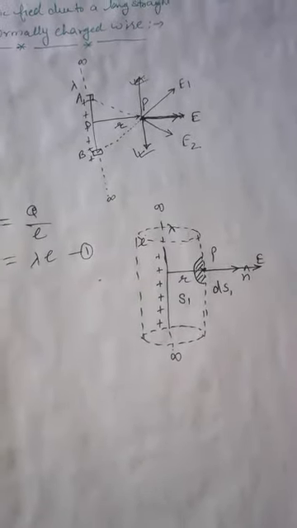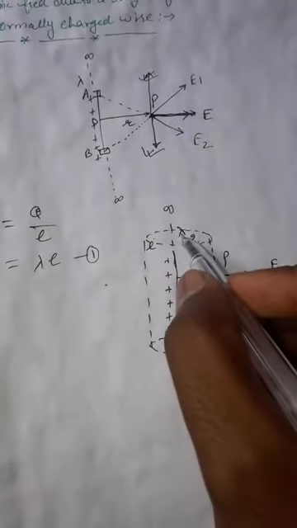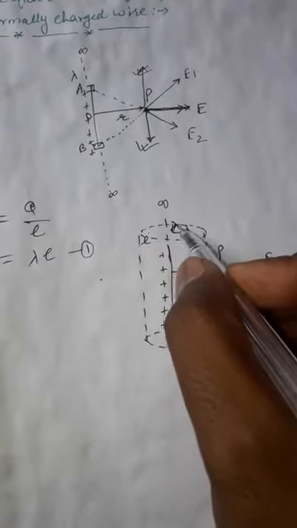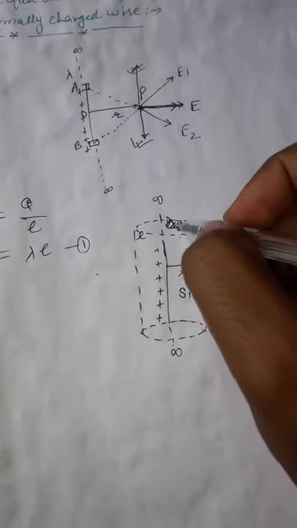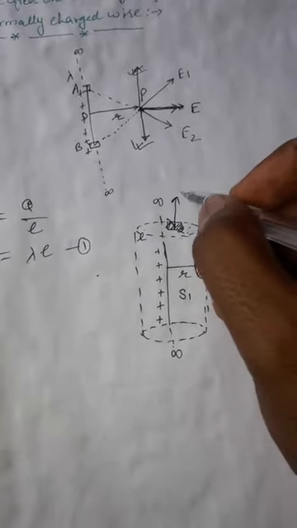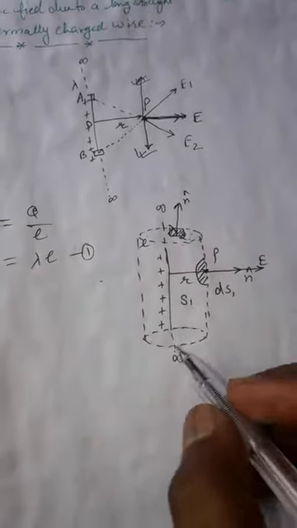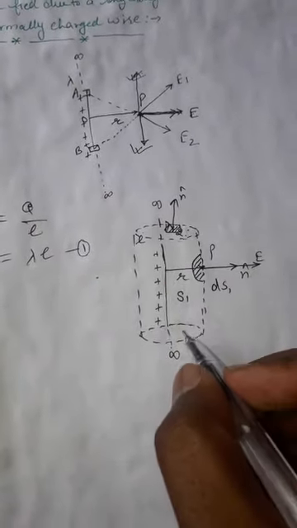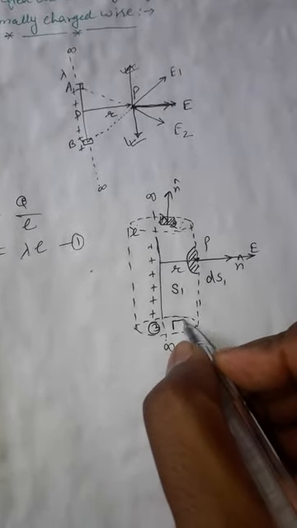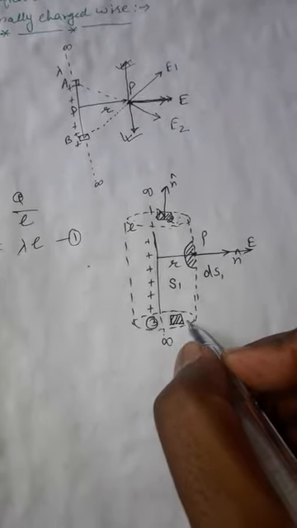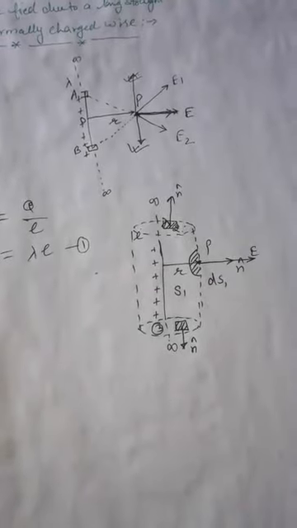Okay, so on the other surface, say this is the second surface. Now consider a small surface on the second surface, then the direction of this surface area is vertically upward. Similarly, on the third surface here, again if we consider a small surface ds3, then its direction must be vertically downward.